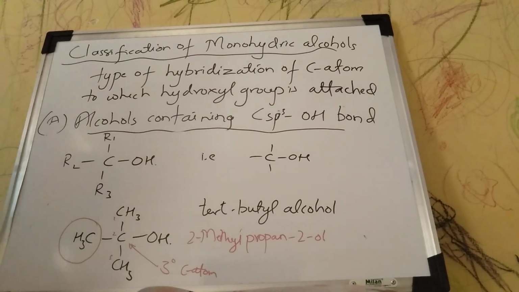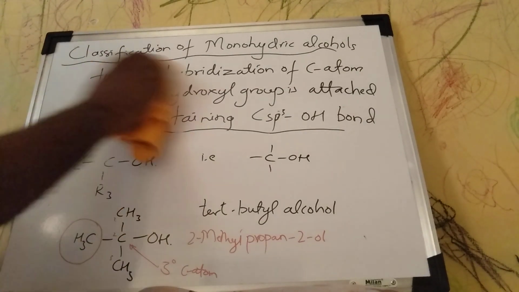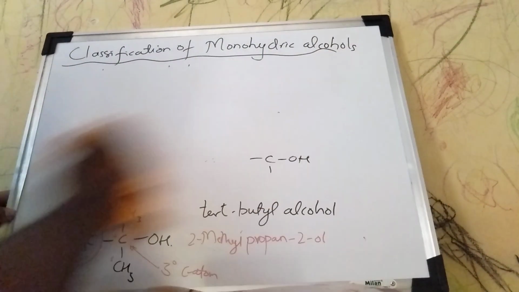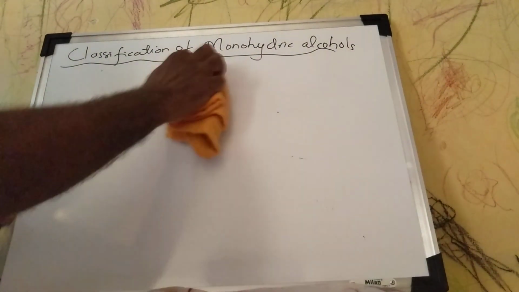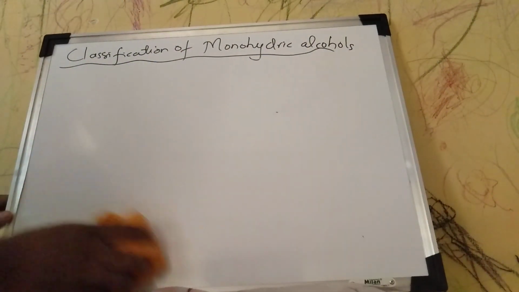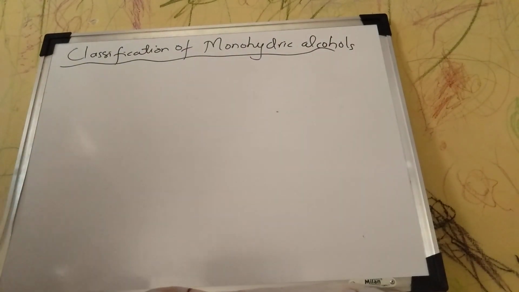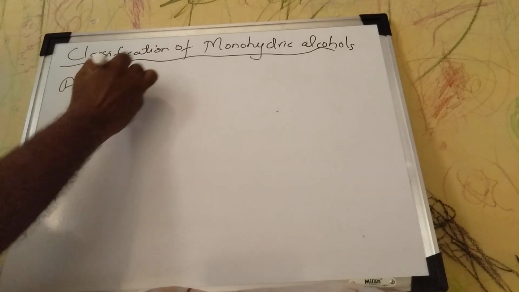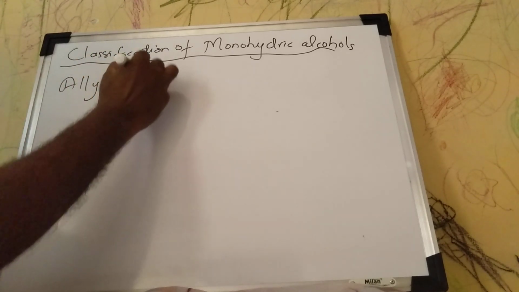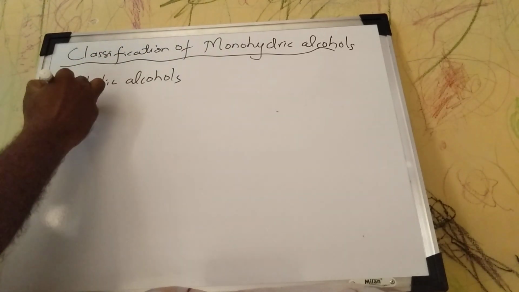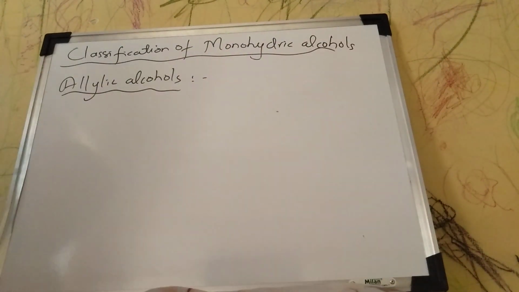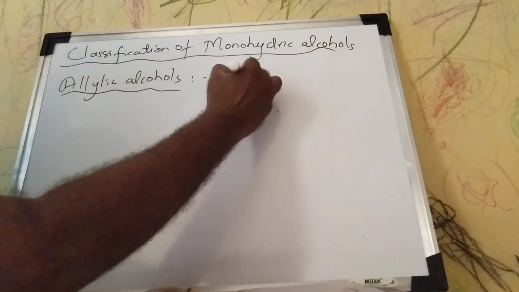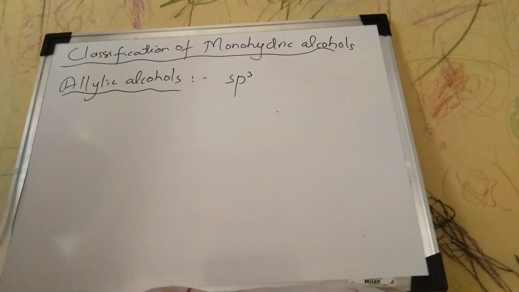Now the next classification is based on the type of hybridized carbon atom. These are called allylic alcohols. In allylic alcohols, the OH group is attached to the sp3 hybridized carbon atom